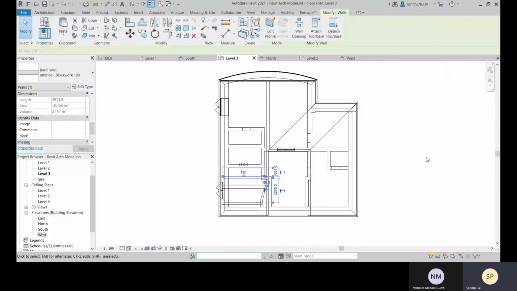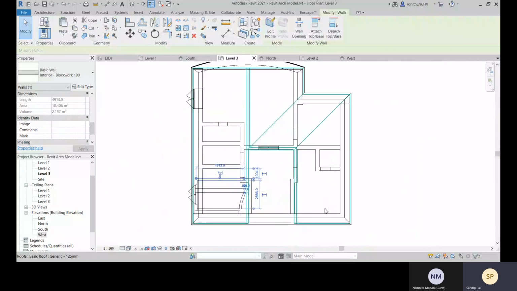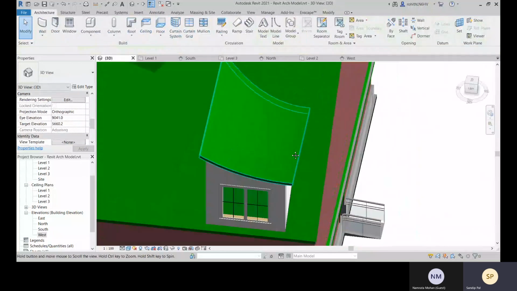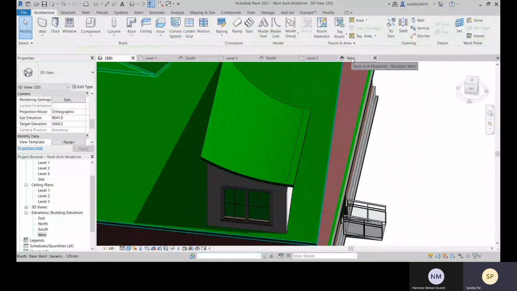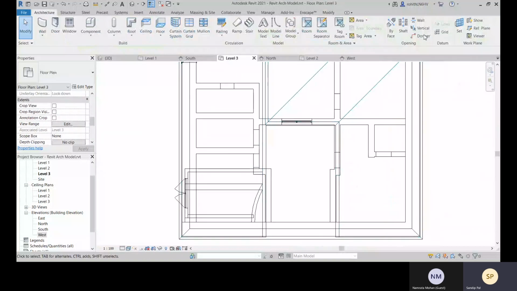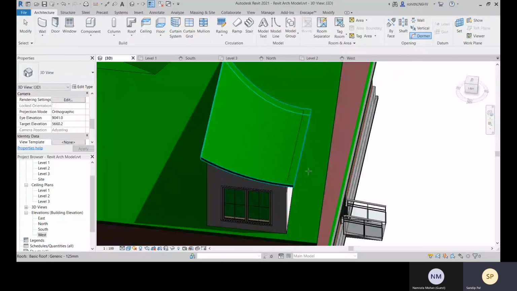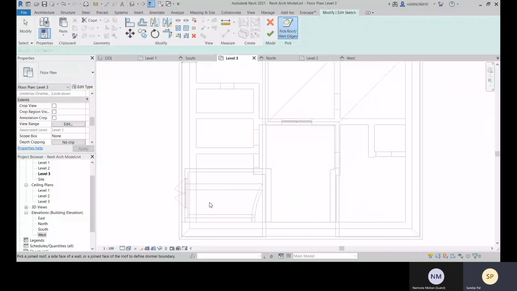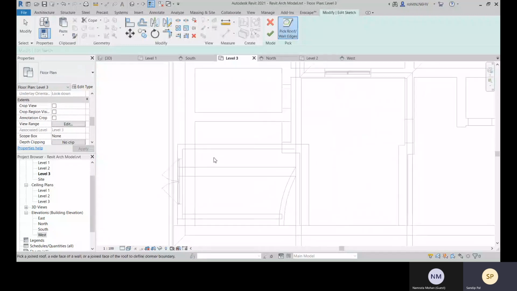Now come to 3D, or else you can also work in this level 3. So you have to go with this dormer and then select that roof. So better you go with this roof and then come to level 3 and then select the edges.